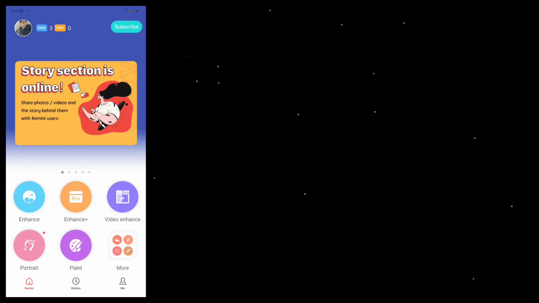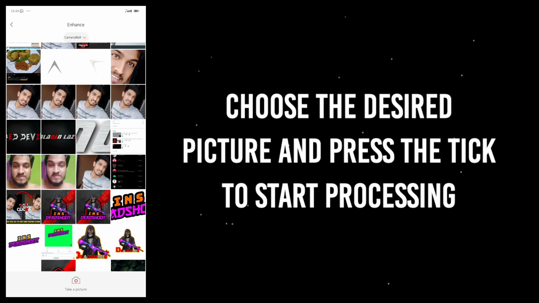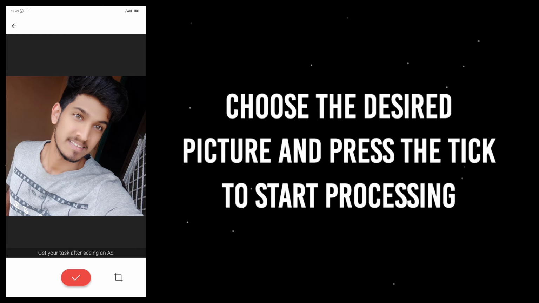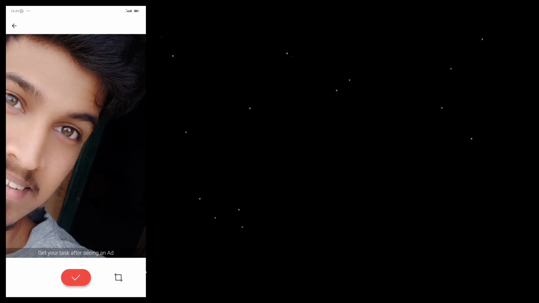Once you install this app, you open it and there are a lot of ads in this app, so make sure your patience is a little bit higher while you're working with this app. So you go into this enhance option first, then you select the photo which you want to enhance. I'll be using this photo which is kind of blurry. You can see my face is a little blurrier, and this will be the photo which I'm going to be using to convert into a vector. So after giving the tick mark, let it work in the background. This is using some kind of AI to work. I don't know how it is working, but the results will be astonishing, and let's wait for some time.